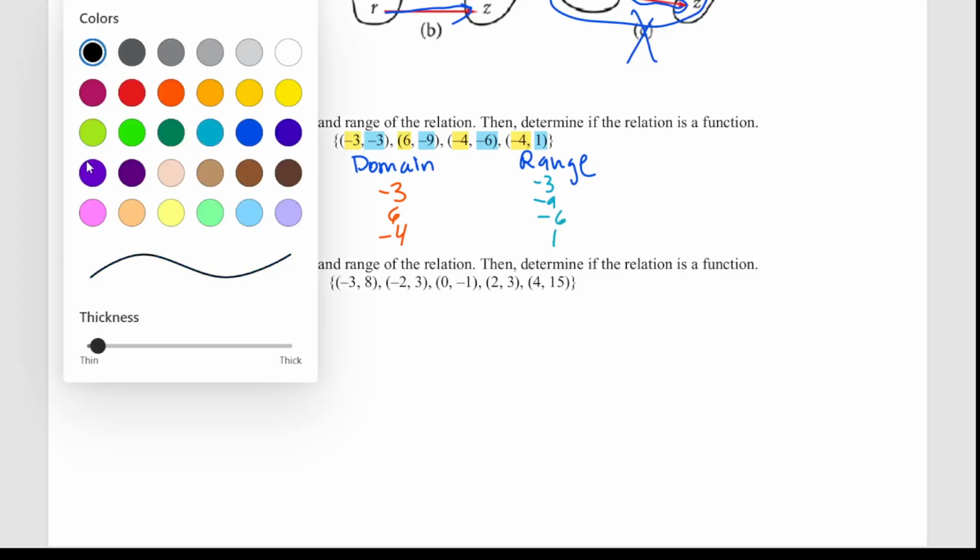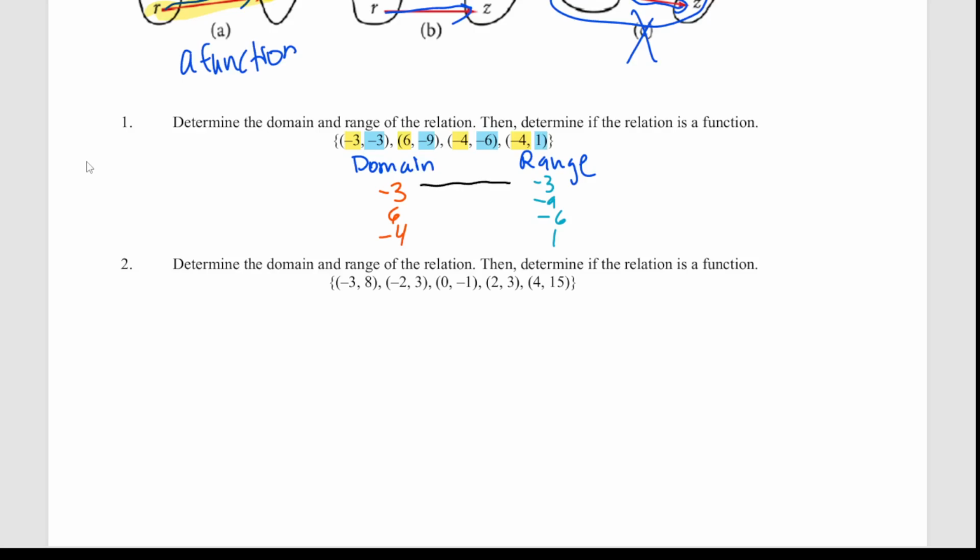And if I'm mapping how these are related, -3 goes to -3, cool. -6 goes to -9, cool. But -4, he goes both to -6 and 1. This is my problem if I'm going to try to determine if this is a function. This is a problem